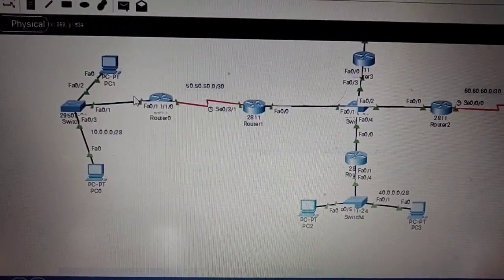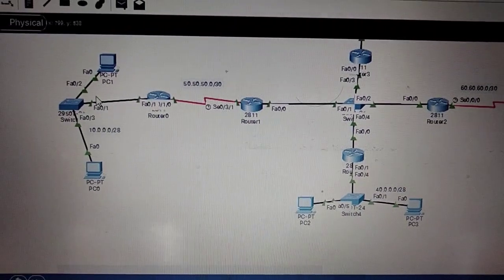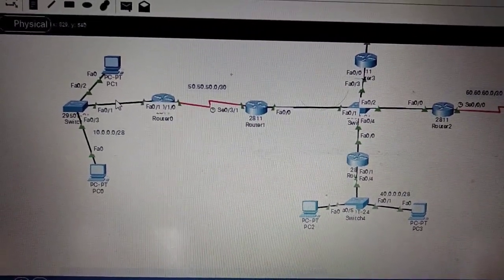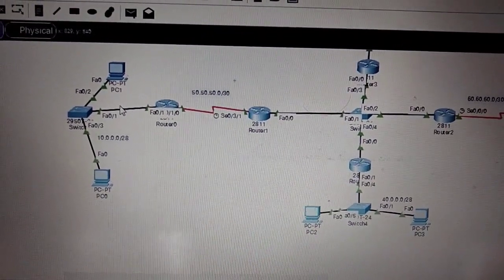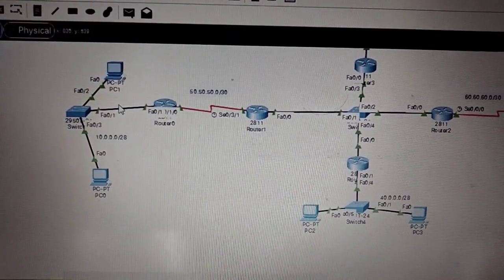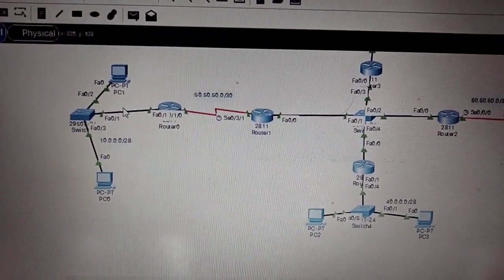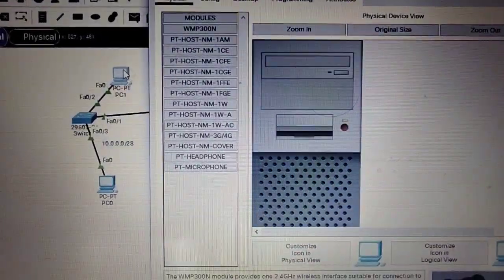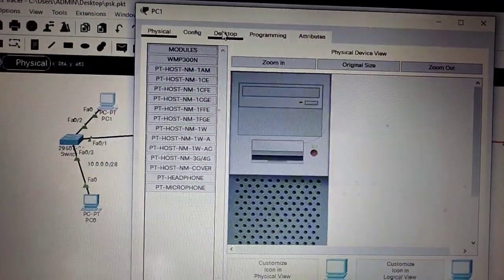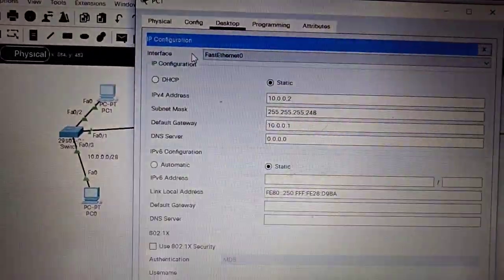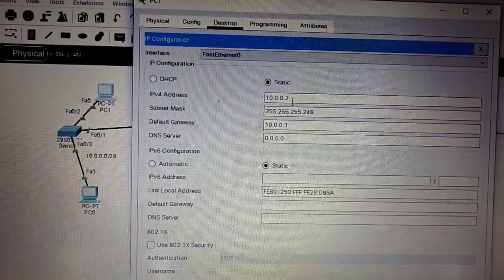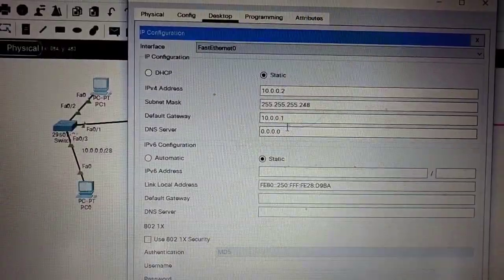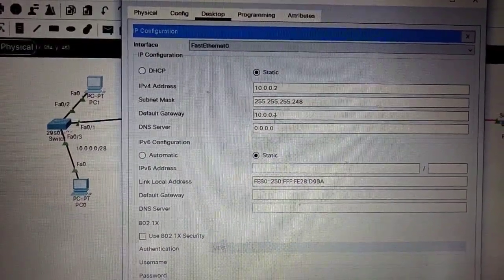Why? Because if you take another, you may get confused. No problem if you take 2 or 3, everything is fine. But if you take 2 as the gateway, then you should give it here. Instead of 2 you should give 1 here, and instead of 1 we have to give 2 in the gateway place.